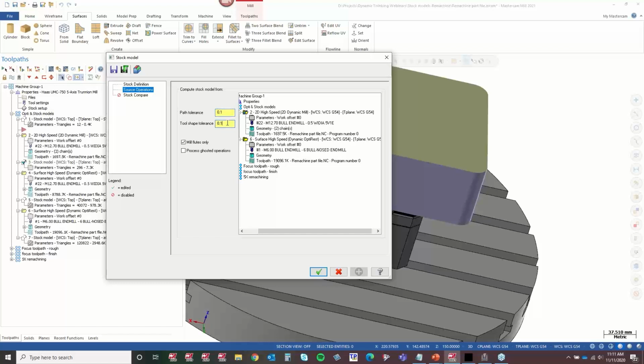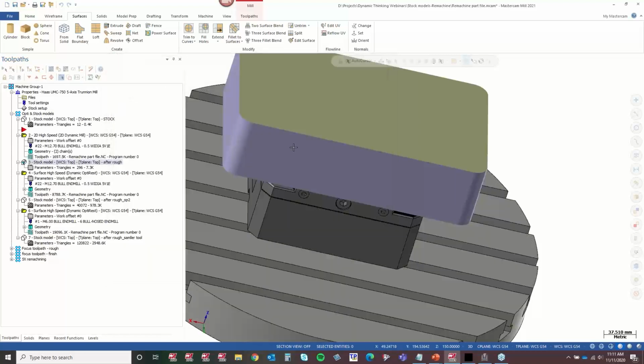Both of these tolerances should be as loose as you can get away with. In a lot of cases, if you're using a bigger tool or you're leaving 1 millimeter of stock on the part, do you need to see the exact amount of material that's left on there down to a tenth of a millimeter? Maybe not, right? Maybe I could come in here and put a tolerance that's more like 0.2 or 0.3 or even 0.5, and I'd still get a good enough result to use for rest machining. It all depends on the purpose you're trying to use those stock models for.